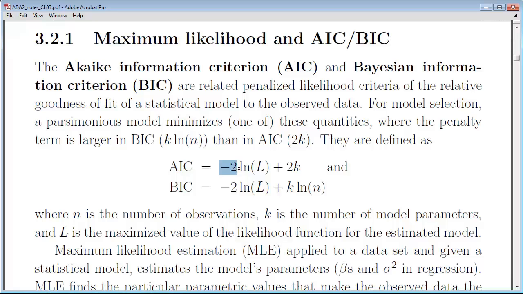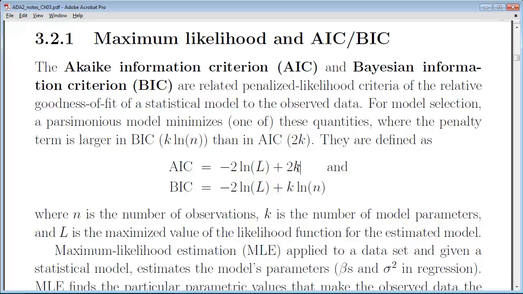So -2 is going to make this a negative value. Remember we want to maximize the likelihood function, so we want L to be the highest it can be. If we take the negative of it, that's going to make it the lowest. All right? So the best likelihood value gives us the lowest AIC,